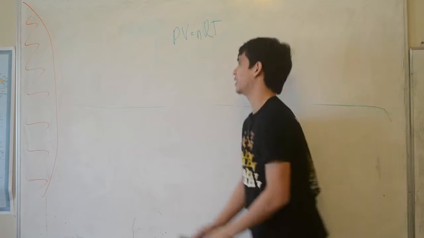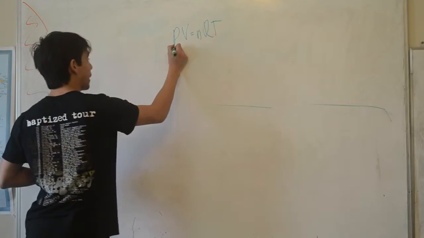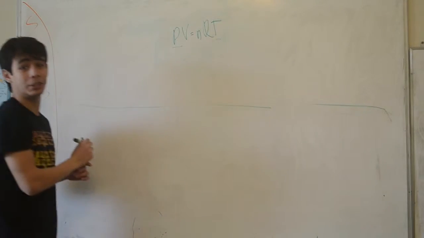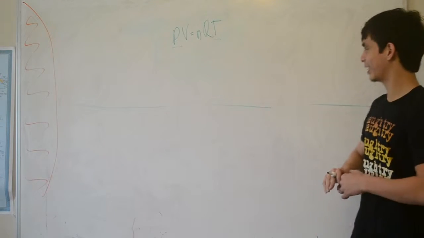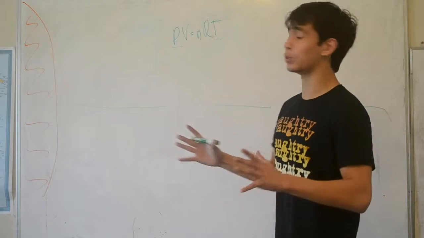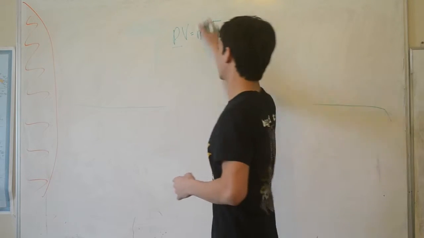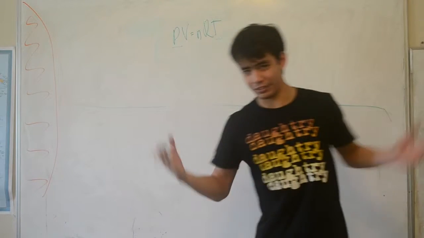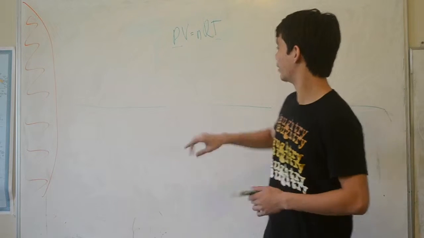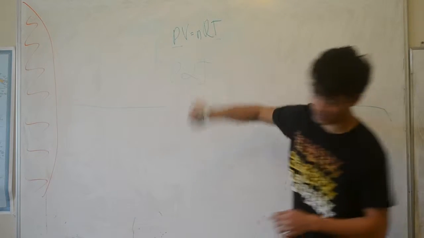Well, this equation relates pressure to temperature, as you can see by P and T, which represent pressure and temperature correspondingly. Now, if we assume that at both the lower and higher elevations that V, n, and R remain relatively the same, which they do, then we can see that P correlates to T.